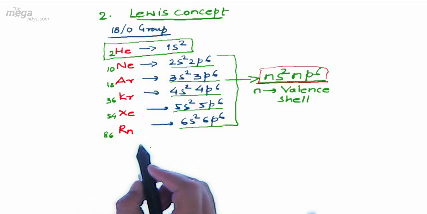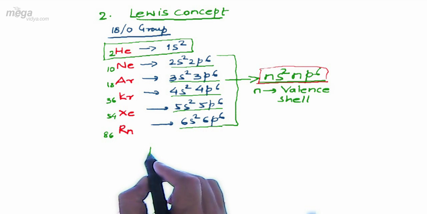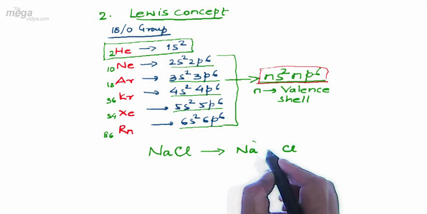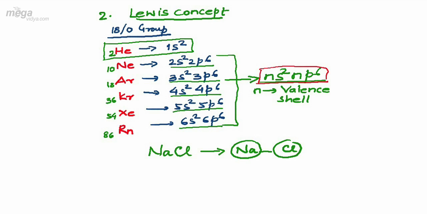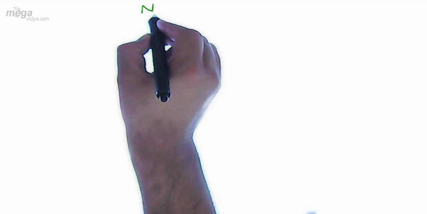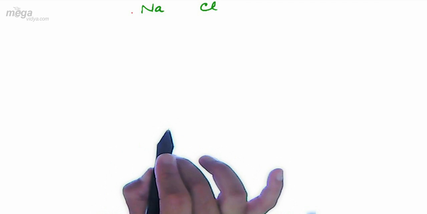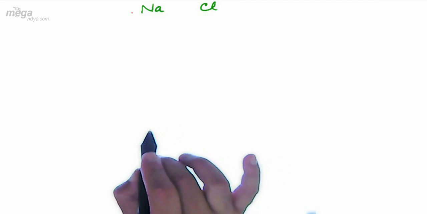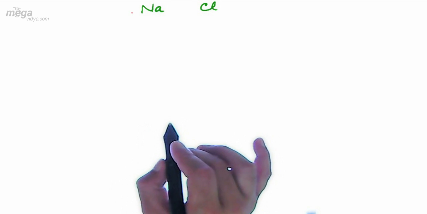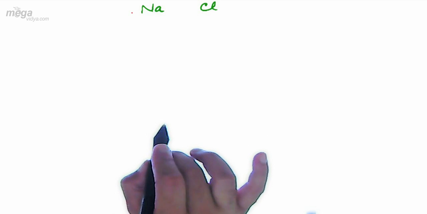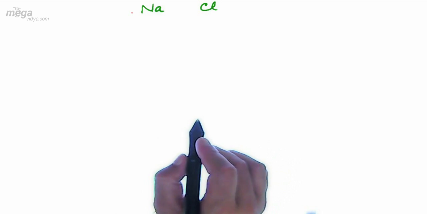So let us consider an example where we shall be talking about the NaCl molecule, in which sodium and chlorine have been bonded to each other. NaCl is a molecule in which sodium and chlorine atoms are bonded to each other by the loss and gain of electron, which we will discuss further. Just for the sake of understanding what kind of configuration an atom can attain after bonding, we are looking at this here. More details will be found in the later part of the chapter.